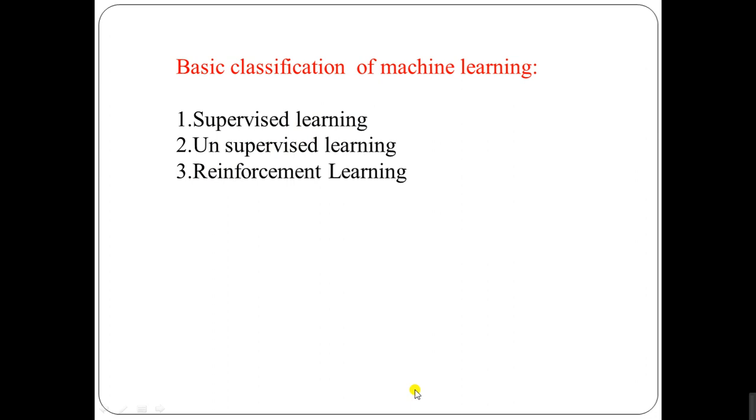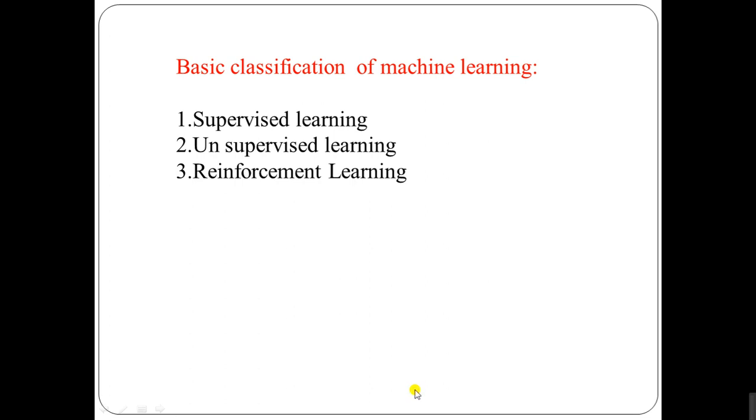We can classify machine learning basically into supervised learning, unsupervised learning, and reinforcement learning. What is meant by supervised learning? A training set of examples with correct responses or targets is provided, and based on this training set the algorithm generalizes to respond correctly to inputs. So correctly means to all possible inputs. This is also called learning from exemplars.